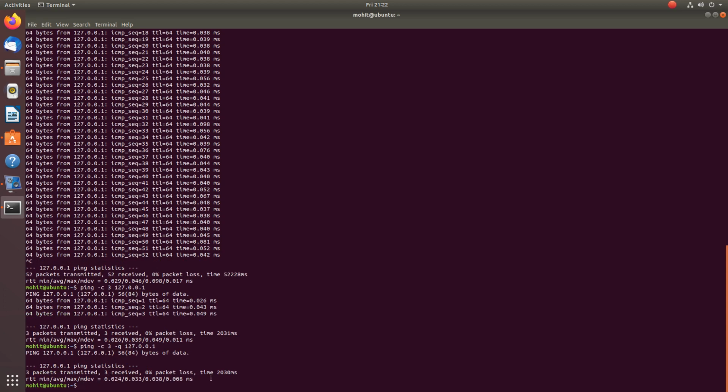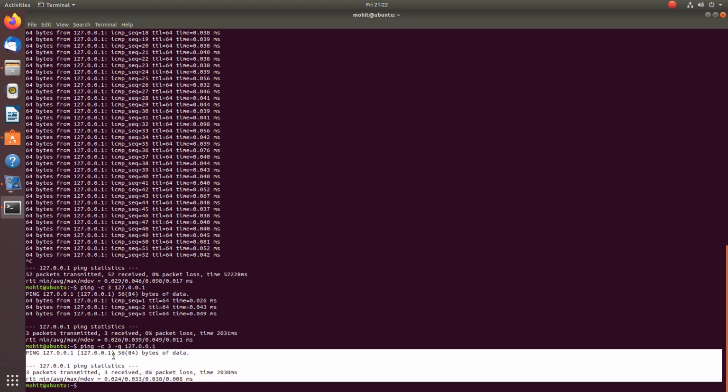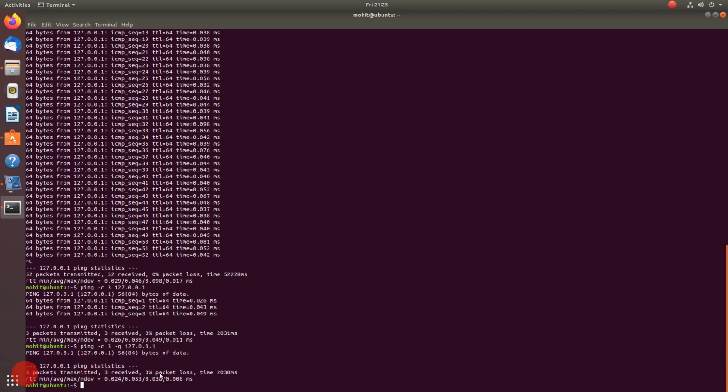Now this is very useful if you want to test ping for multiple destinations, or you want to run it on multiple source machines, and then you need to grab the output, the summary. Then you can use quiet ping. If you want to get it for multiple destinations, you can use this quiet ping, and you can just grab the summary details and you will have that data.